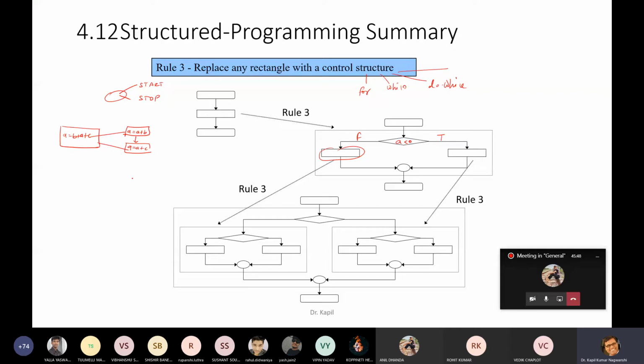Okay, now the next problem is that you are told these numbers must all be positive. So you add one more structure on top of this, and this structure is now converted into a diamond box. The diamond box checks whether A, B and C are greater than 0 or not. If it is true, then we calculate like this, using these statements. If it is false, then we ask the